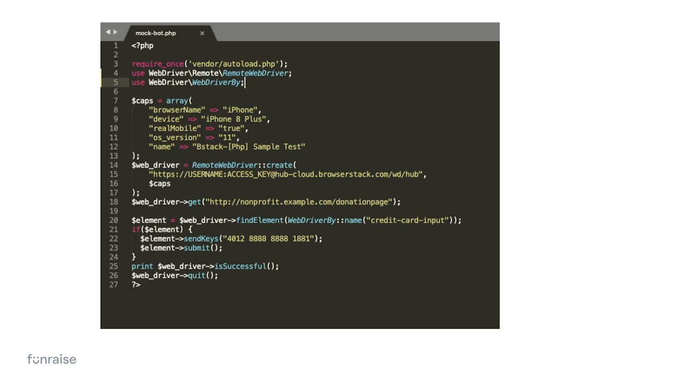Literally, if you're familiar or conversant with a little bit of code, you can see here that you could do something like this. This is a mock, this isn't real, but it wouldn't be much more complicated than this. You would just hit the page, fill out a bunch of information, send the credit card. Do I get a good response? Do I get a bad response? Just looking for what text appears on the screen and so on.